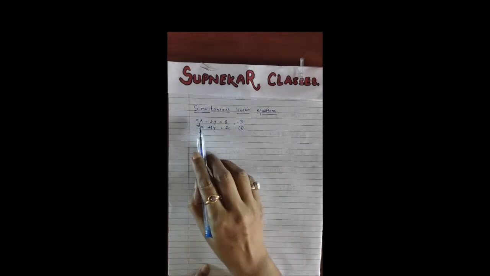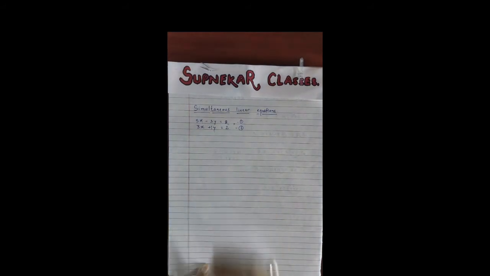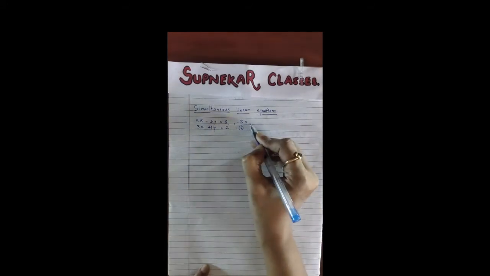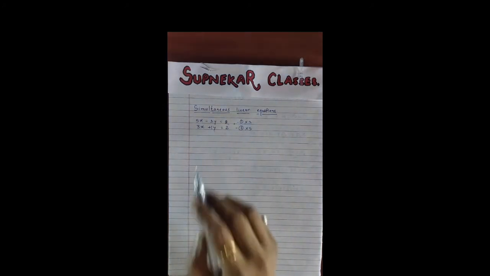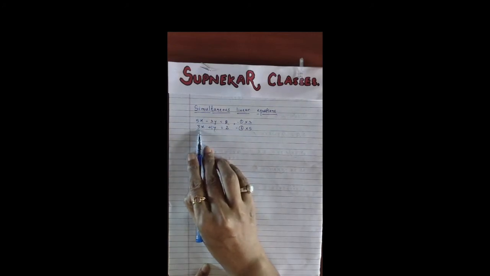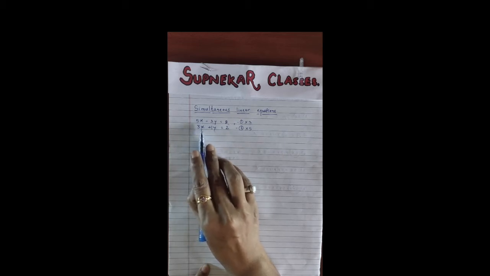LCM म्हणजे असा आकडा की ज्या दोनही नंबरनी लहानात लहान आकडा या दोन्ही नंबरनी त्या नंबरला डिवाइड होते. हे असं एवढं सगळं लक्षात ठेवण्यापेक्षा आपण एवढंच लक्षात ठेवायचं आहे, you have to multiply this first equation by 3 and the second equation by 5. You are getting me? First equation is to be multiplied by the coefficient of the second equation if you are making same the x coefficients, and you have to multiply the second equation by 5.